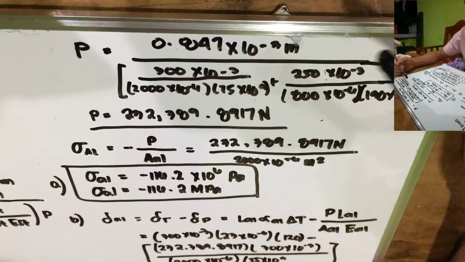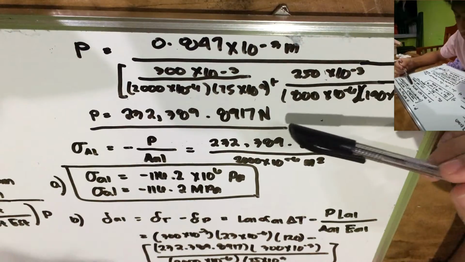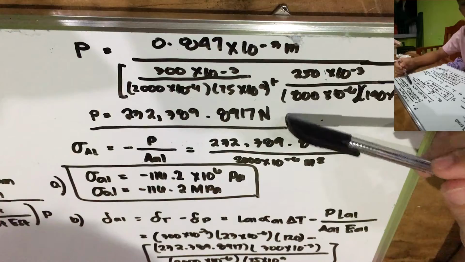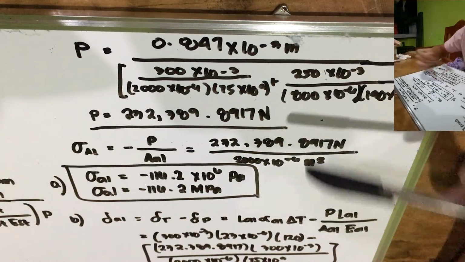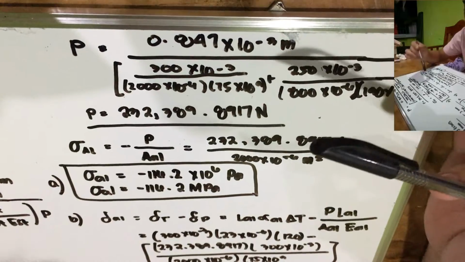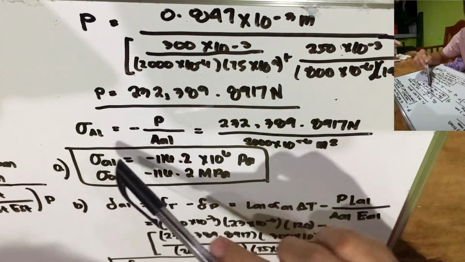Then we substitute all the given values. We get the value of the force equal to 232,389.8917 Newton. So with the values that we already have, we can now compute for the normal stress, which is